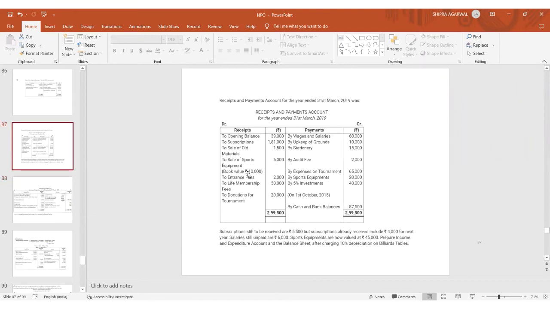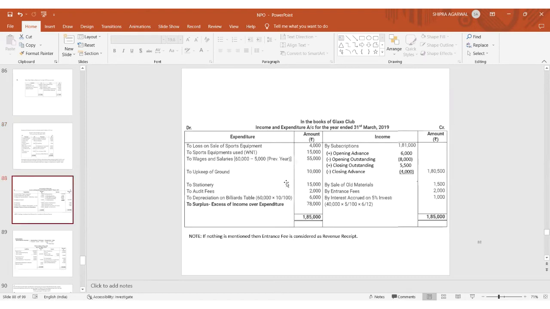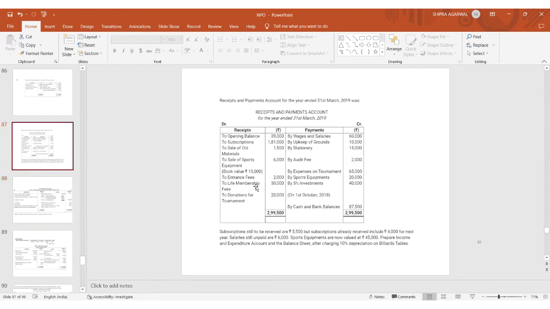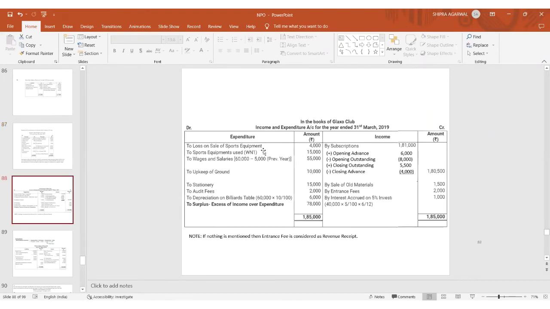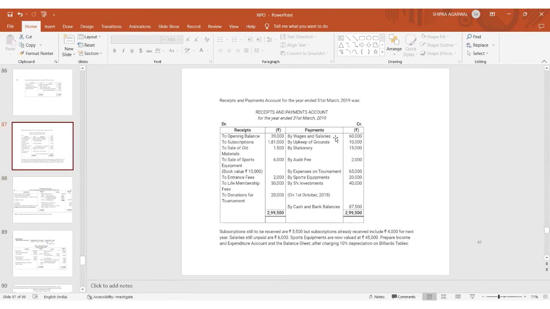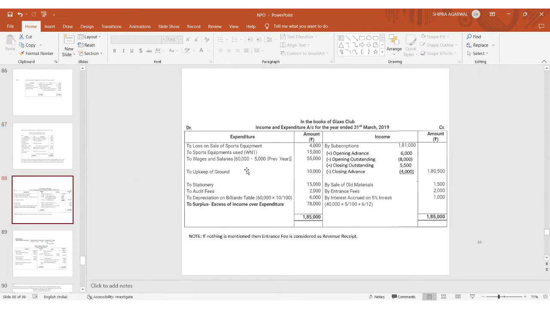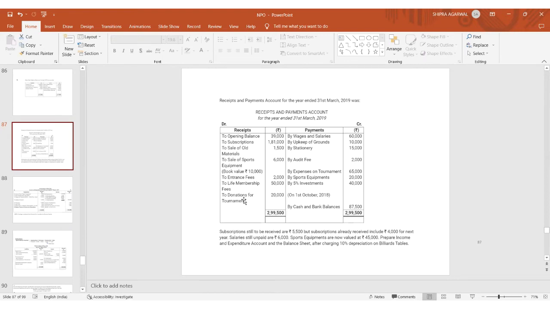Then sale of sports equipment will be my capital transaction, so not to be shown. Then entrance fee is 2,000. With respect to entrance fee, I have written it over here. And then life membership fee will be your capital transaction. Donation for tournament will be your specific fund. So that is again not to be shown in your income and expenditure account. Then wages and salaries, again to be shown over here. That is 60,000. But in that, they are saying that salaries still unpaid are 6,000. So that is to be,